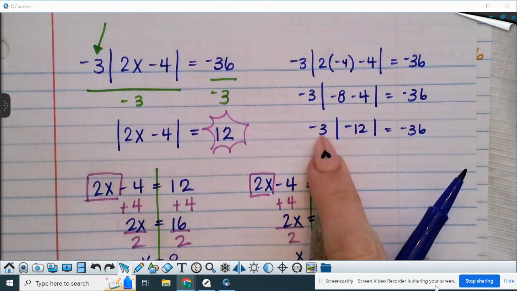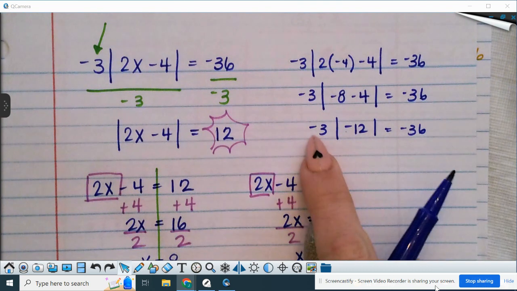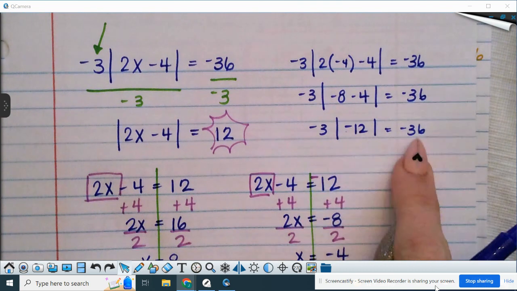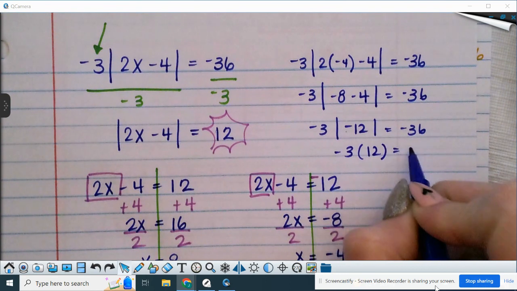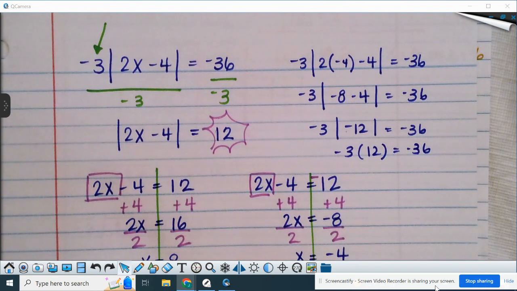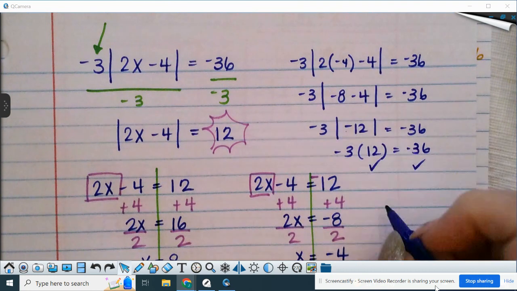So -3 times a +12 gives me a -36, and a -3 times turning it into a +12 is going to give me a -36. So it becomes this. So that is indeed true. So then the -4 does work. For our 8,